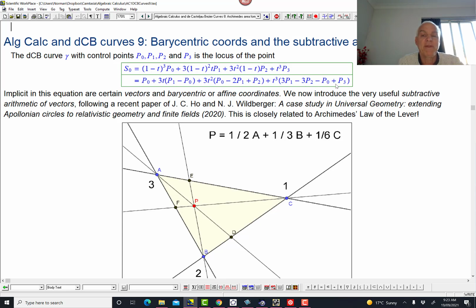And what about this thing? 3p1 minus 3p2 minus p0 plus p3, right? We've seen this is quite an important thing. Well, it is also a vector because the sum of the coefficients is 3 minus 3 minus 1 plus 1. That's 0. That's a vector. Okay, and in fact, it has an important geometrical interpretation. In fact, all of these vectors are going to be important for us. But we want to be able to look at an expression like this and say, aha, these are points. These are vectors. So here we have a point, and then we're adding a vector, and then we're adding another vector, and we're adding another vector. And the result is a point, because a point plus a vector is a point.